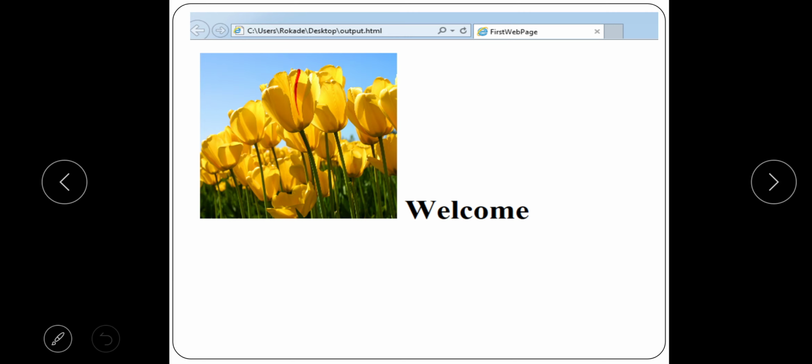See, now here you can see the output. Can you see any changes here? Yes. Now you can see that the image is no more a background image, and whatever text I have written is coming either after the image or before the image, depending on how it is placed, right? So this is the difference. And the height and width we had mentioned, that is why it took proper dimensions and the image is placed. So I hope the image part is clear, no doubt. So should we move to the next slide?